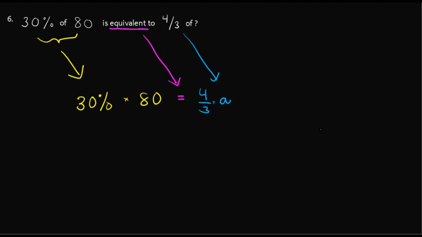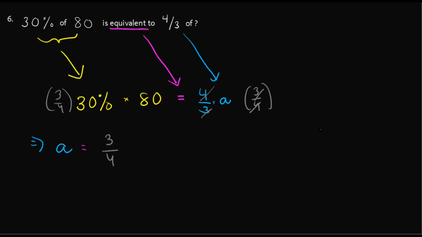So we are tasked to find a in this case. So we can multiply 3/4 both sides. So that would cancel out the 3 here and the 4 here. So this one would become a is equal to